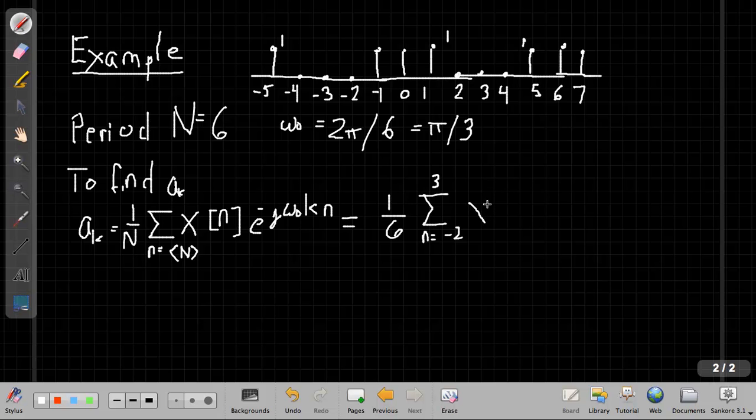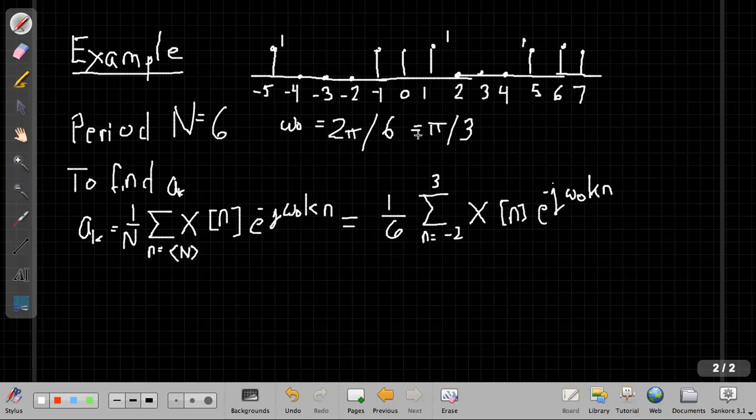And over that period I have x of n, the signal, times e to the minus j omega naught kn. Okay, so now I'm ready to go through and plug in the values of x of n to evaluate